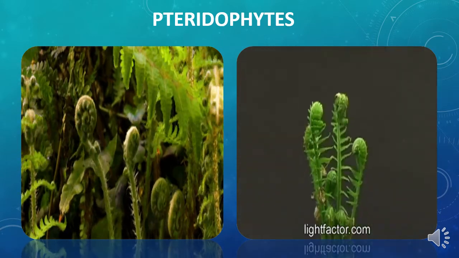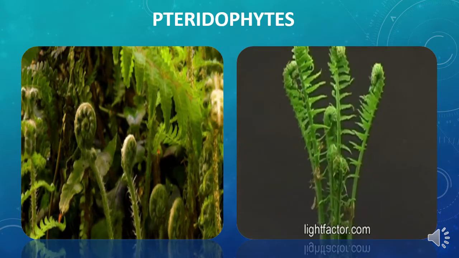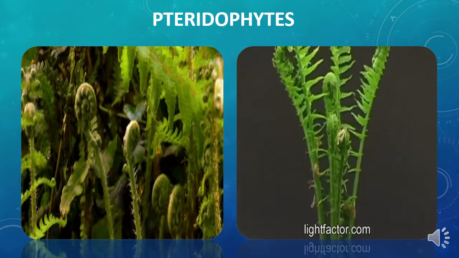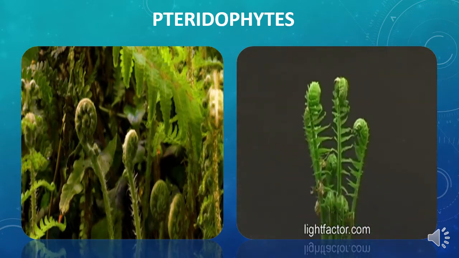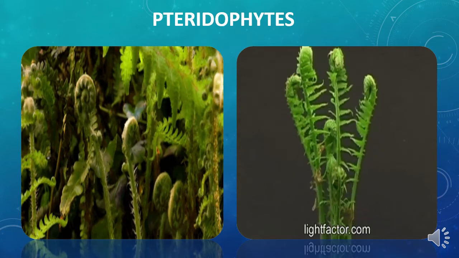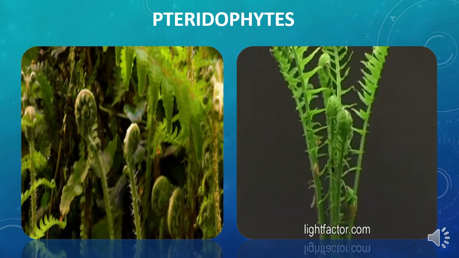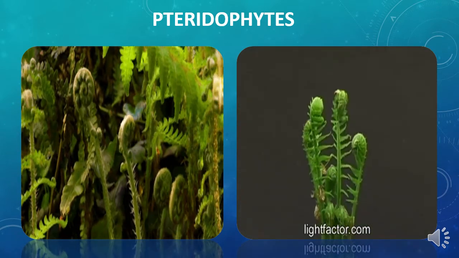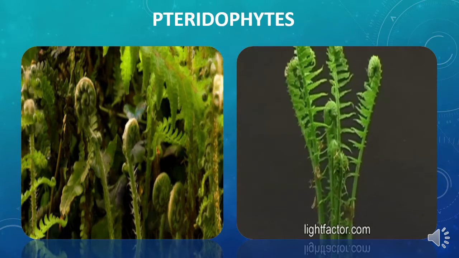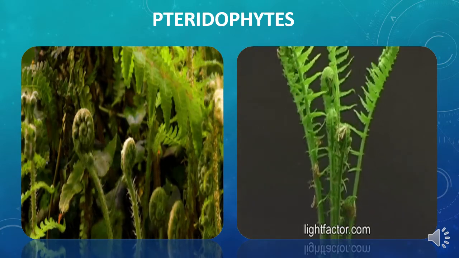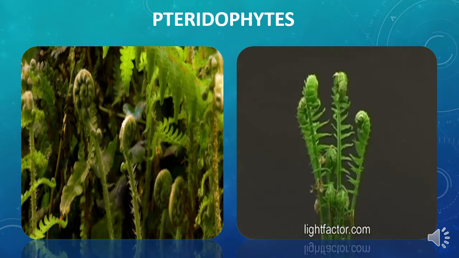But now we are going to see about pteridophytes. Pteridophytes are somewhat higher plants. They belong to the division cryptogams. Cryptogams are non-flowering plants. Here in pteridophytes, they have vascular tissues. They have a well-differentiated body structure, but they don't bear seeds. Though they have vascular tissues, they are seedless plants. They don't develop seeds. Hence, they come under the class pteridophytes.